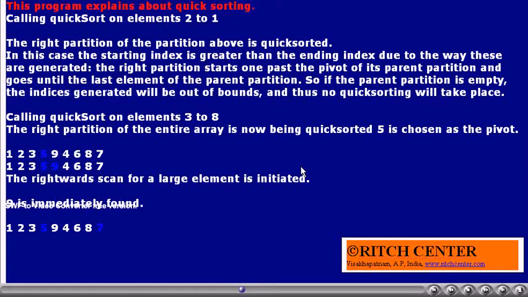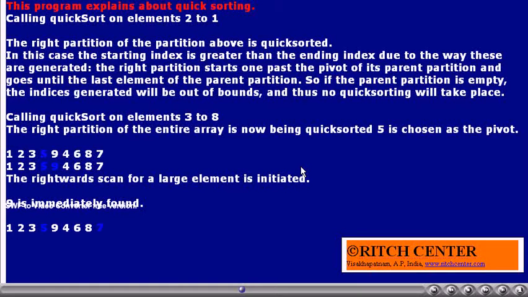Here also, the first element will be taken as the pivot element. That is, 5 is taken as pivot element. So, as usual, when the first while loop runs, we are interested to find out the element whose value is greater than 5. So, we will start from left to right. Evidently 9 becomes the element whose value is